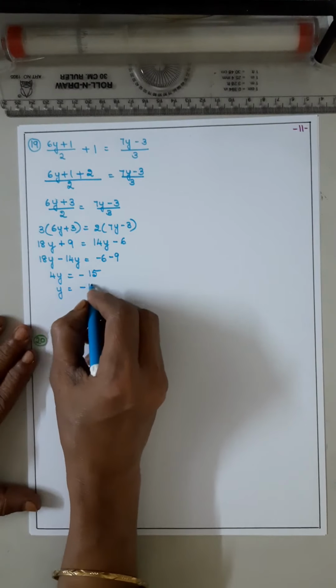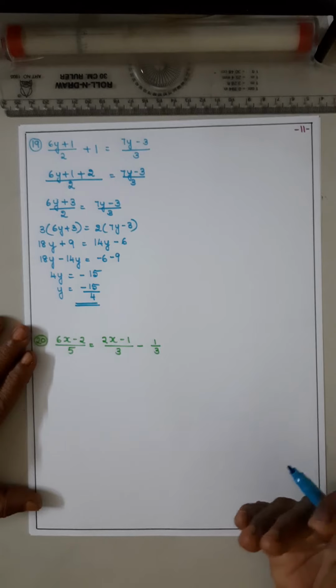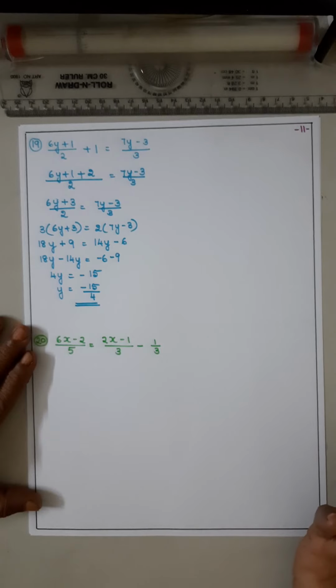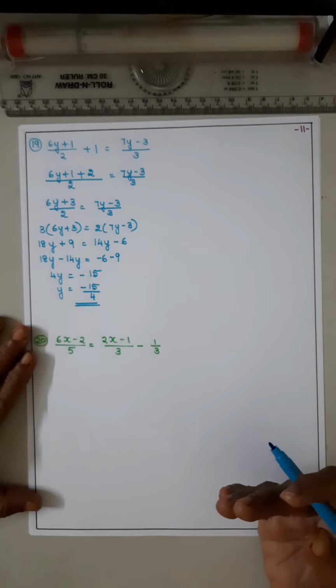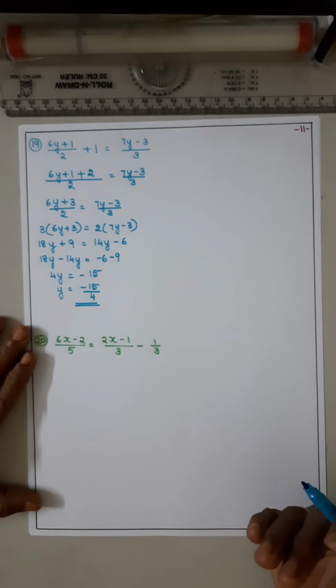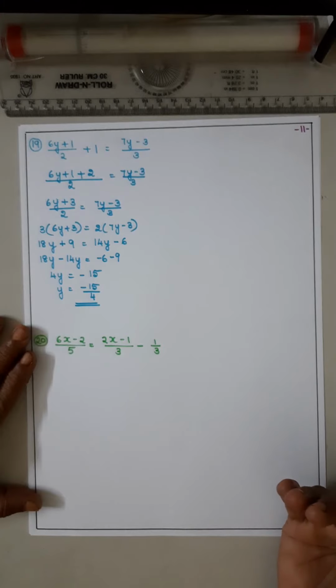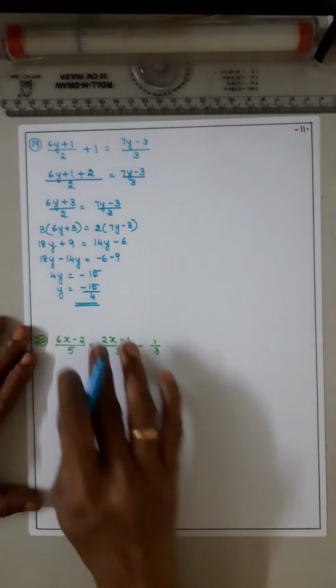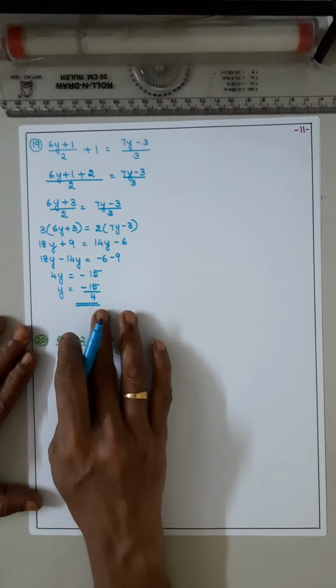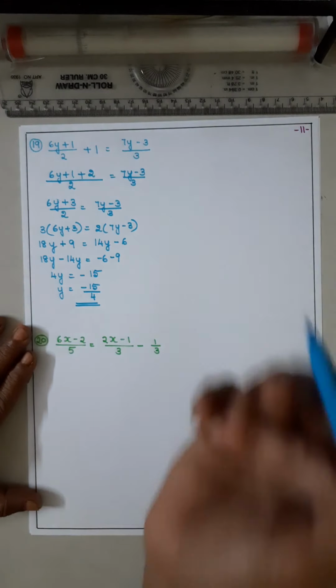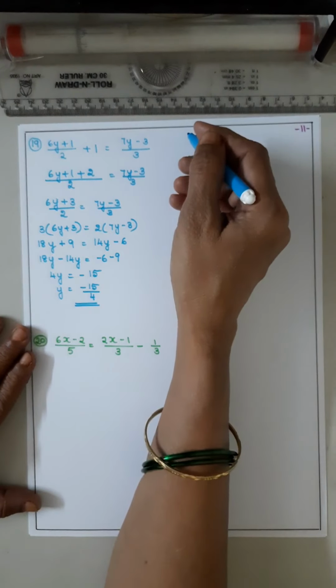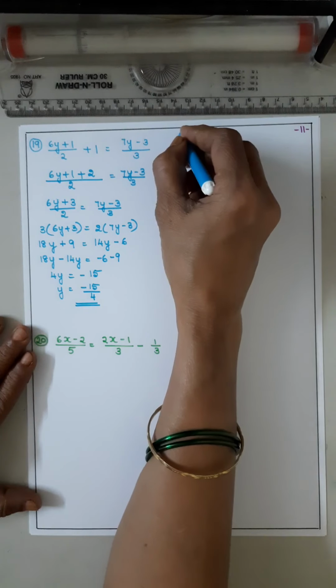So when you go further, the difficulty level goes on increasing, isn't it? The earlier sums will be easy, and later on the sums will be a little bit difficult. So you have to take care. Now you got the answer in a fraction. Okay, now coming to the check.